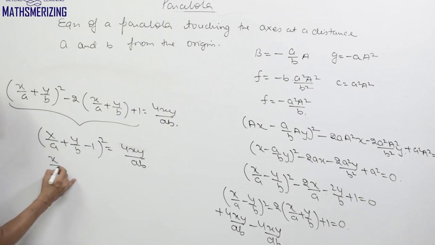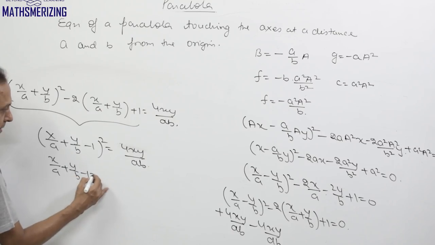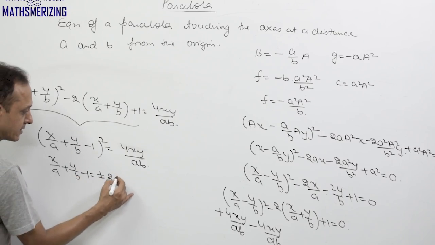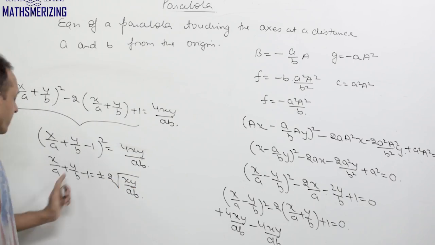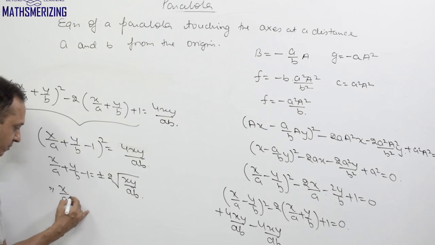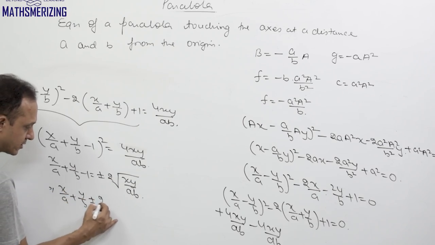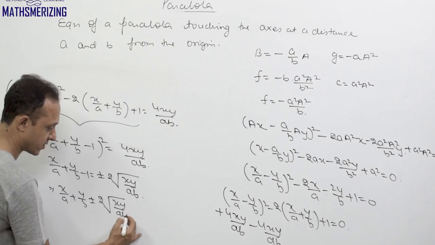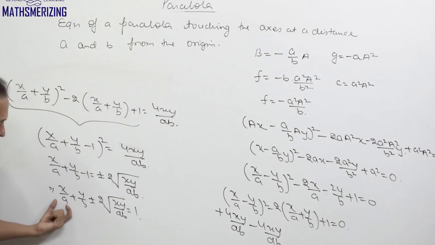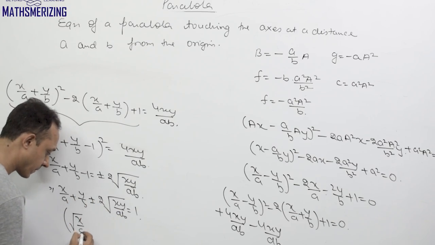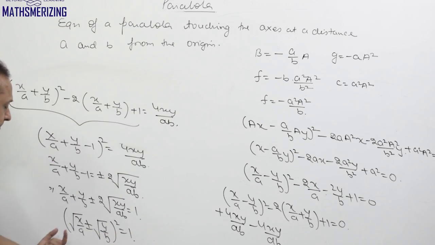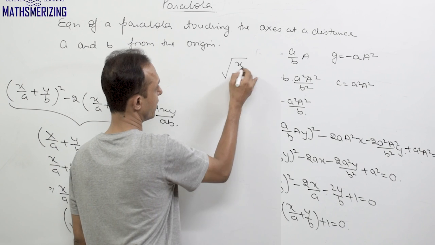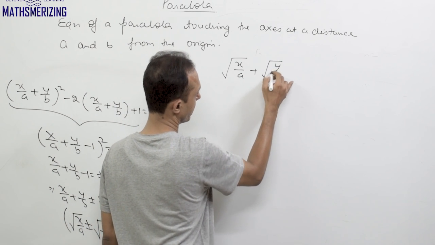Or we can write x upon a plus y upon b minus 1, and this is plus minus twice under root xy upon ab. So we can write this equation as x upon a plus y upon b plus minus twice under root xy upon ab, and this is equals to 1. Now this is a square plus b square and then 2ab. So we can write it as under root of x upon a plus minus under root of y upon b whole square. This is equals to 1. So we can write this equation as under root of x upon a plus under root of y upon b